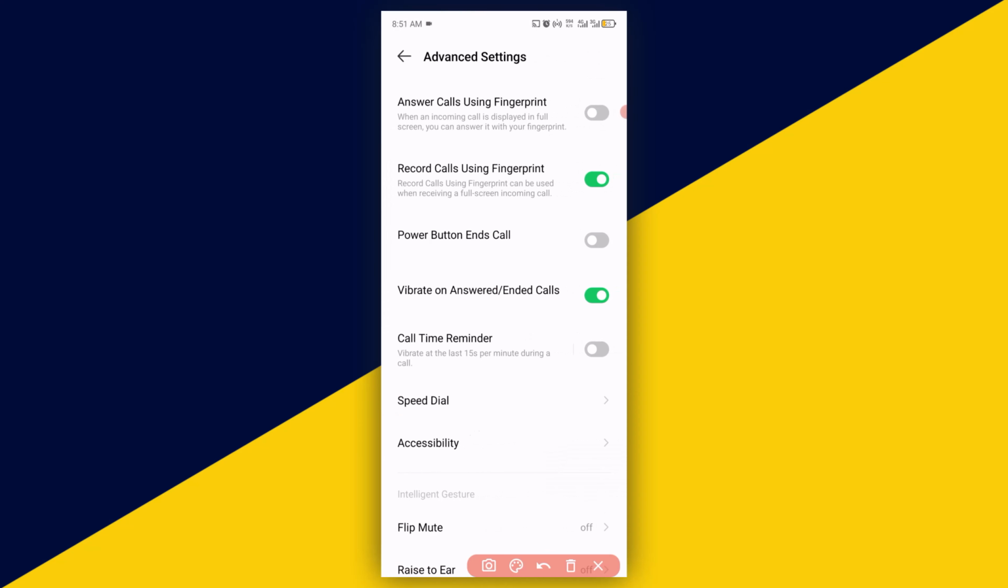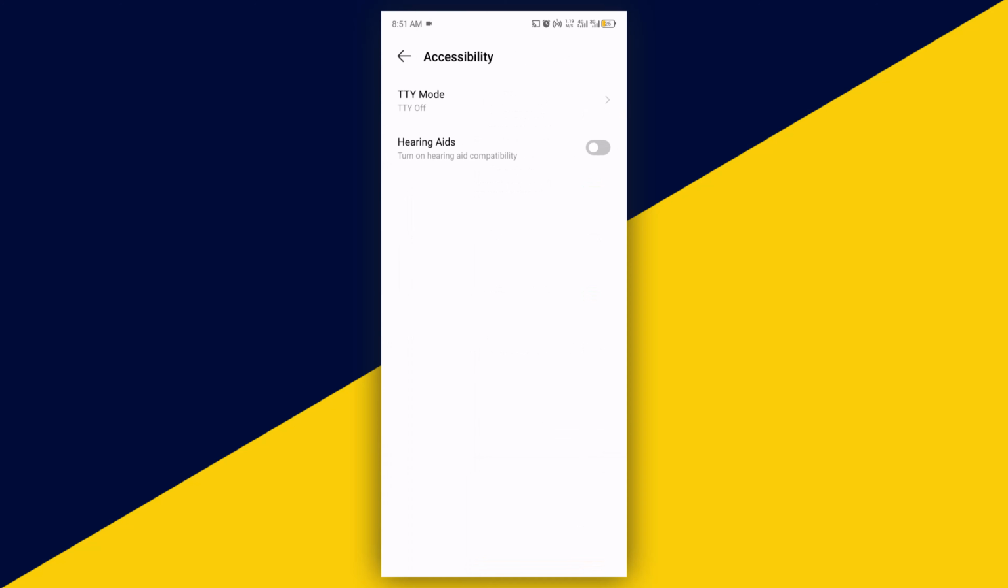Take you right here. Click on accessibility. And what you want to do right here is to simply turn on this particular button right here. Hearing aid. Turn on hearing aid compatibility. Simply turn it on. With that, this is going to fix every poor or bad audio of every incoming calls